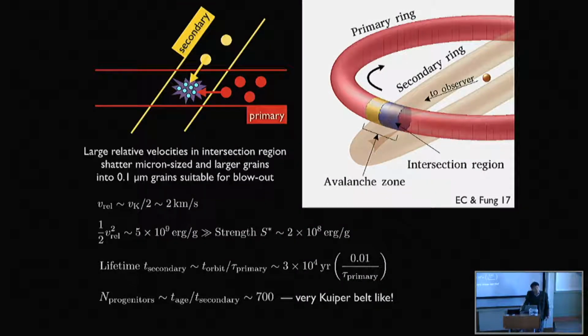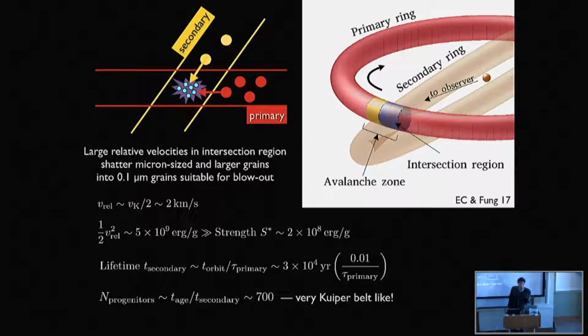It's at traffic intersections, of course, where collisions are most violent, and we need these kilometer per second velocities, on the order of the orbital velocity, in order to produce these submicron-sized grains. Because you're trying to disrupt micron-sized grains into submicron-sized grains, and the strengths of these small, nearly flawless targets is pretty large. If you know anything about material strengths, you do need on the order of a kilometer per second to break it up. It doesn't last very long, something like 30,000 years we estimate for the whole thing to go away,